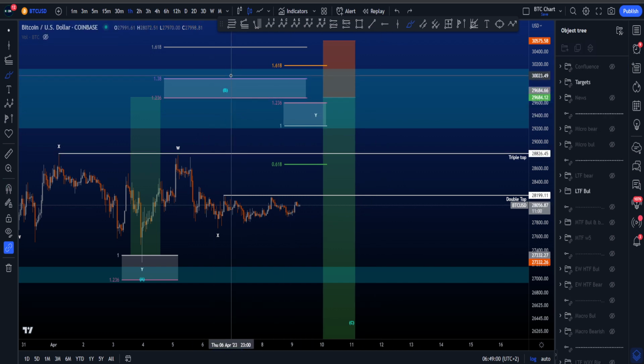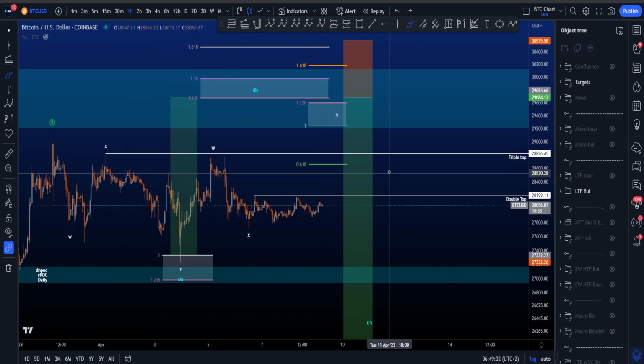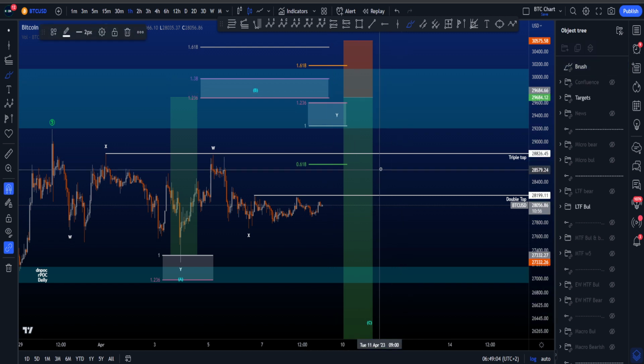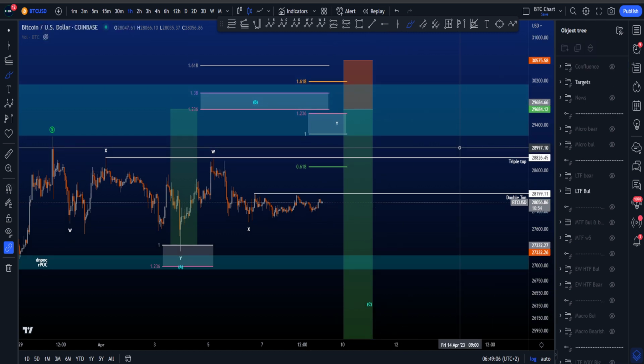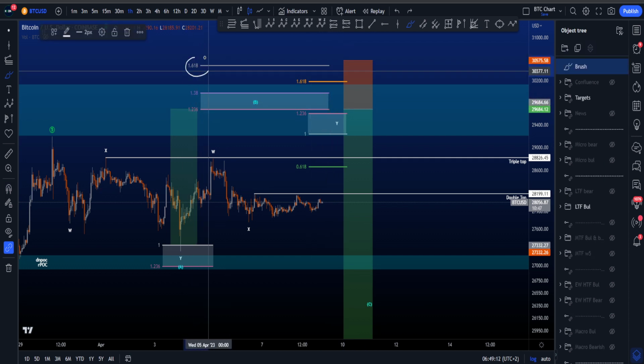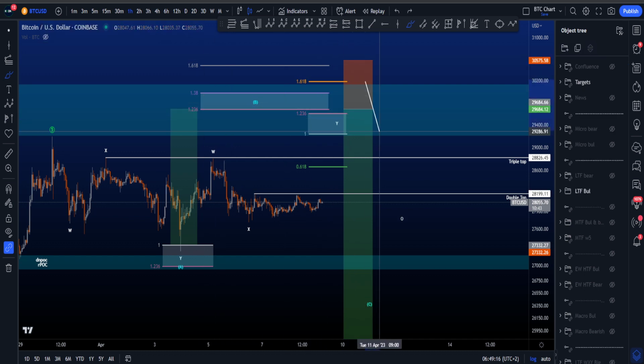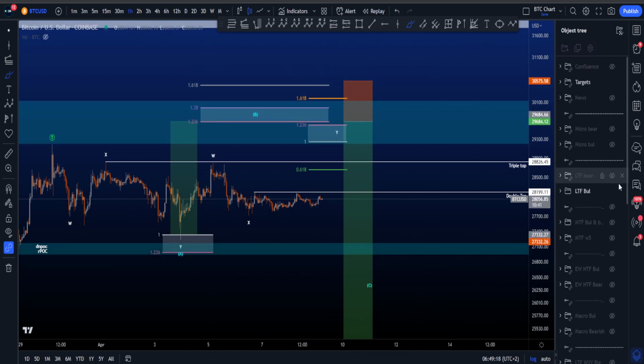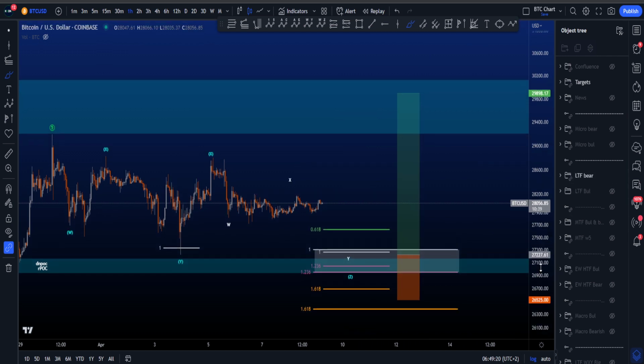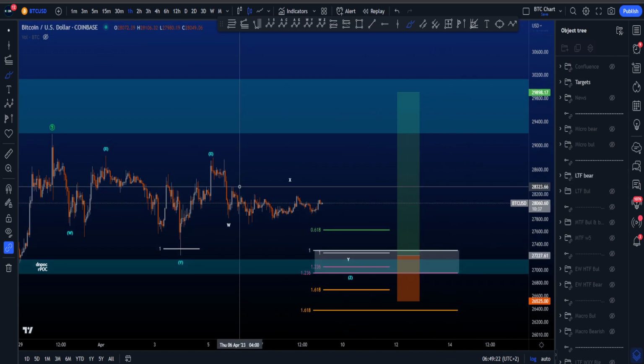This wave B can of course be extended in time, before then eventually we expect a wave C to the downside, with the potential trading setup, the short over here, lettering the shorts in this area, stop loss above the 1.618, as that is the rare target area for wave B in an expanded flat, before then a move to the downside. If you then look at the lower time frame, more bearish Elliott Wave scenario on the Bitcoin chart,